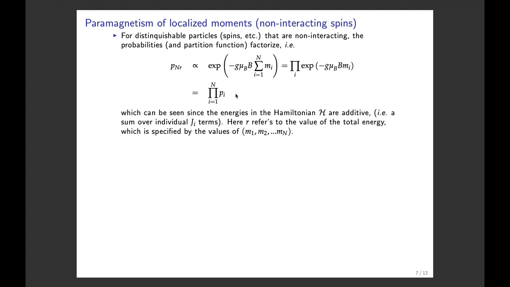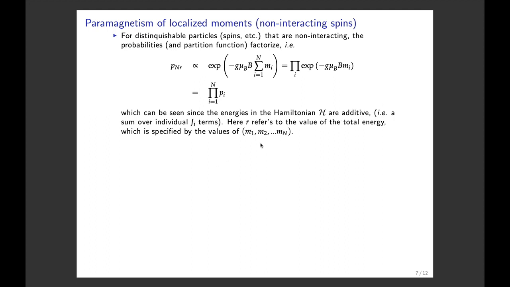Here it is written with the probabilities, which is easy to see since the energies are additive. The fact that the energies are additive means there are no coupling terms between the spins, which you will get to later in the program in physics, probably not in this course, but if you take honors statistical physics. But anyway, they're non-interacting,